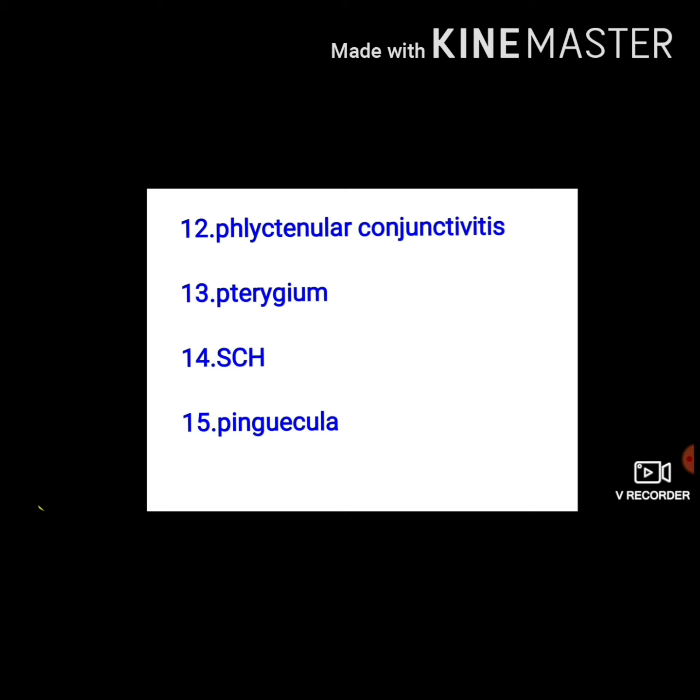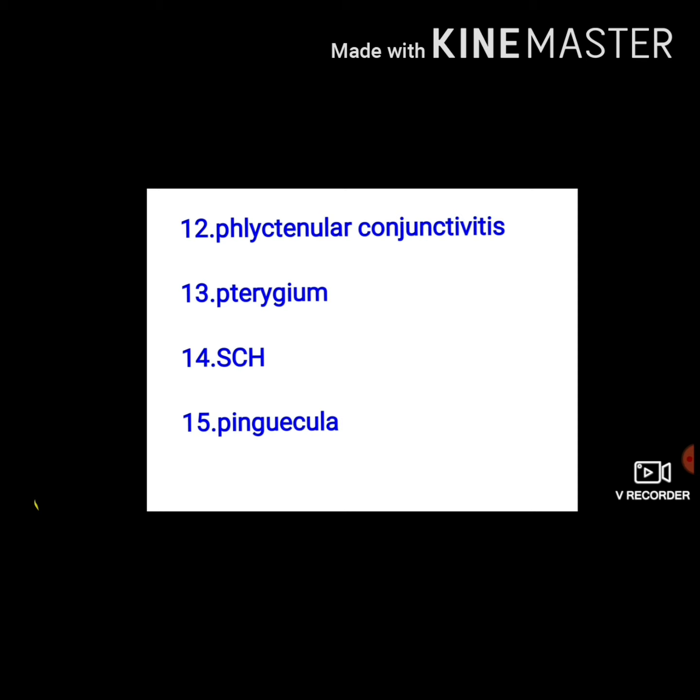Coming to the treatment of pterygium, it can be medical treatment or surgical treatment. Medically, just treat symptomatically by giving lubricating eye drops, and to reduce inflammation, give topical steroids. Surgical treatment includes surgical excision of the pterygium followed by conjunctival autograft or followed by amniotic membrane graft, or surgical excision with mitomycin C 0.02% application, or surgical excision with lamellar keratectomy. This is for your 3-mark question of pterygium.